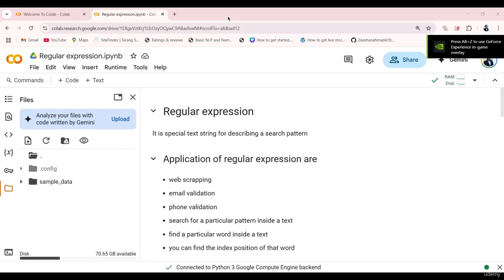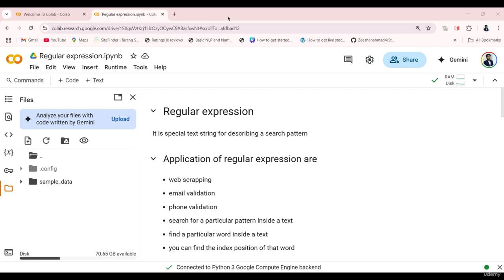Hello everyone, in this video we will be going to talk about regular expression. Let us understand this thing in a very simple word. Think of this like a smart search tool that helps you to find a specific word, number or pattern inside textual data. So the whole purpose of regular expression is to perform, let us say, web scraping, like scraping